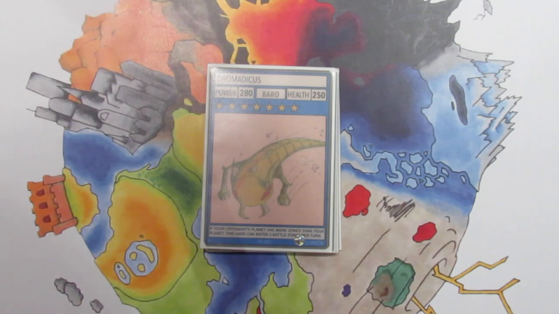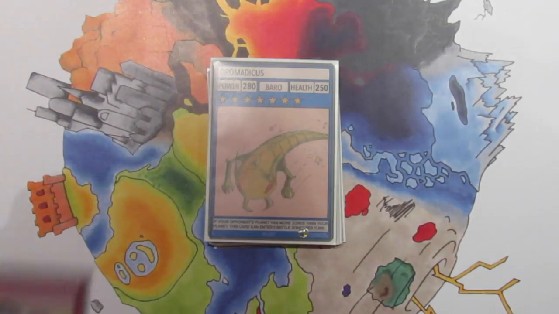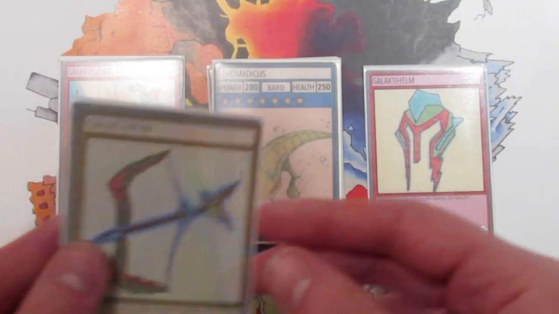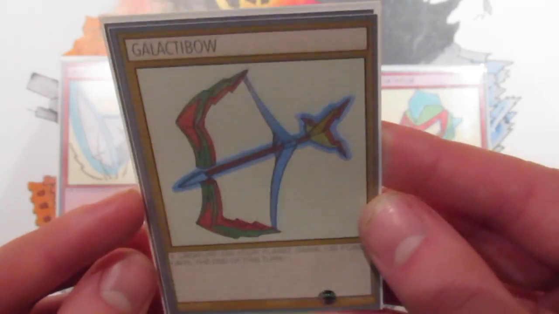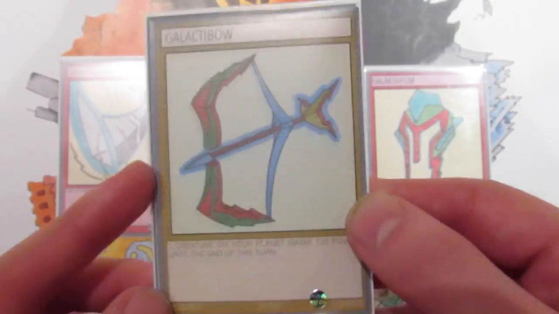Okay, so that's it for the creatures. I'm going to get onto some resources now. First one is to help out with the low power of a lot of the Baro creatures, and it is an addition to these two cards, Galactic Saber and Galactic Helm, which are some fan favourites of yours. And this is Galactic Bow, which reads, one creature on your planet gains 120 power until the end of the